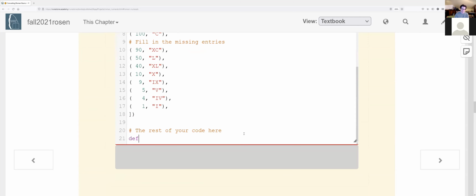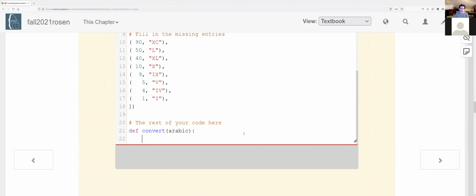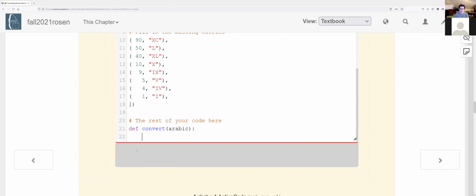Okay, def convert Arabic. So we take in an Arabic number, and this is going to be pretty interesting. While Arabic, and I'm going fast here because again, there's only so much time left in the lecture. I know people have other lectures after this. So while Arabic is greater than 0,